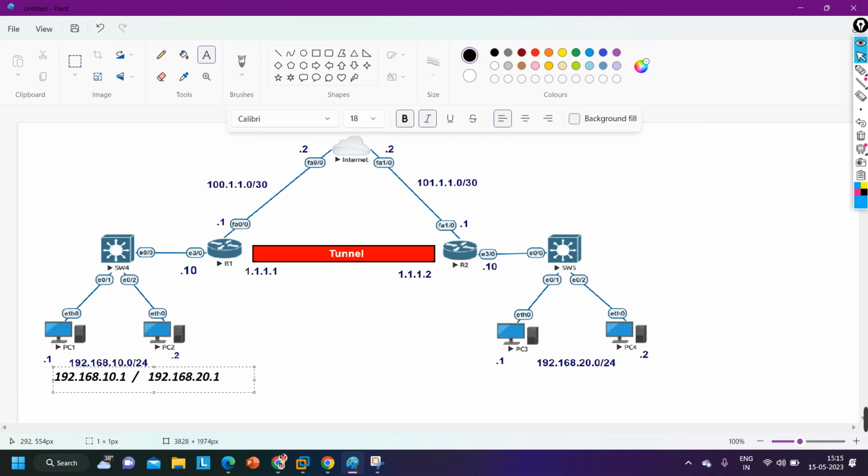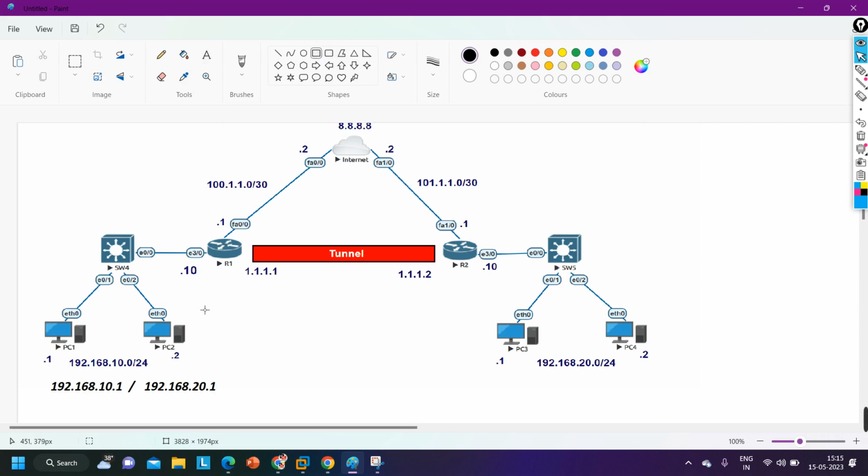192.168.20.1. The source MAC will be the MAC address of PC1, and the destination MAC address will be the MAC address of the default gateway. After that, this PC will forward this packet to router 1. Now router 1 will check its routing table to forward the traffic